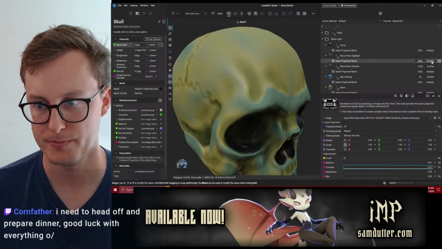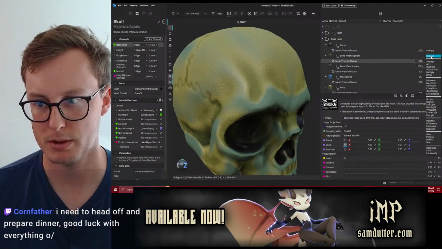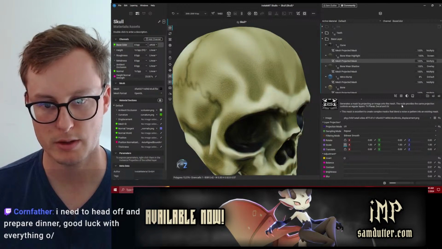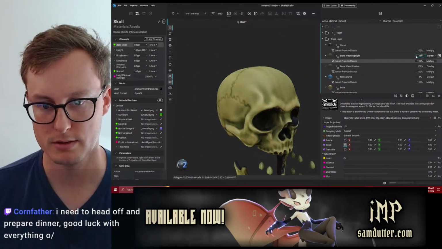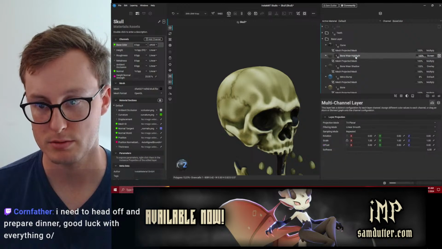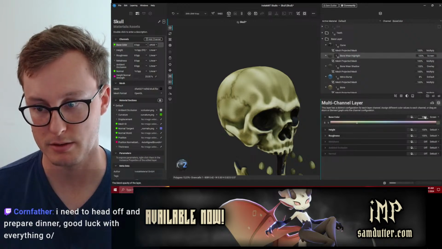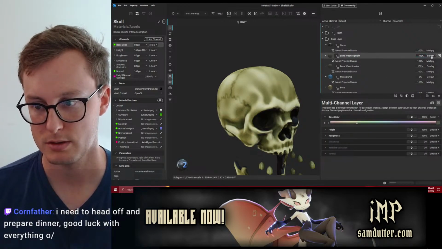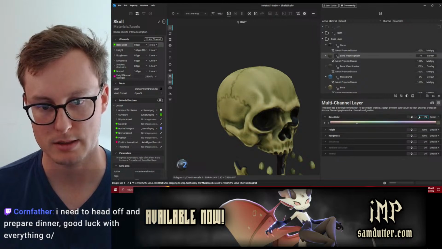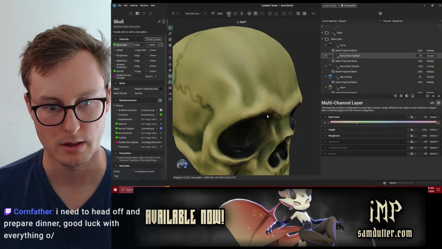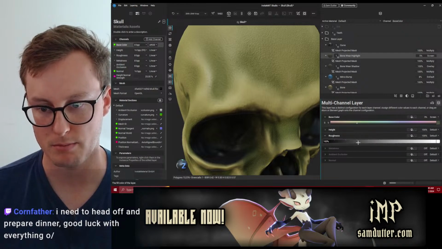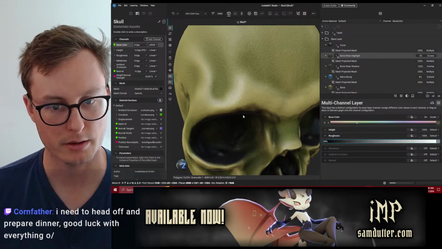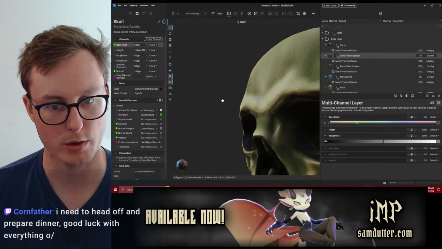Right about there. We set this to multiply. I'd rather have screen. Turn down the intensity of this, or turn down the intensity of the base color. Let me change this. It has to be here. There we go. And now it's actually smoothing out some of these sections. And I can make them a little glossier because that's how smooth things work.